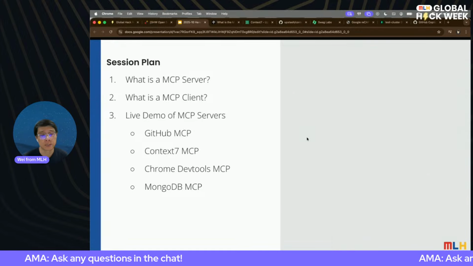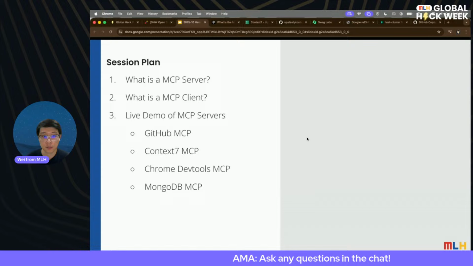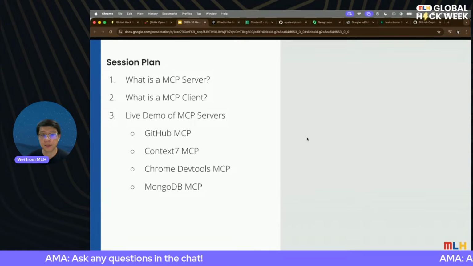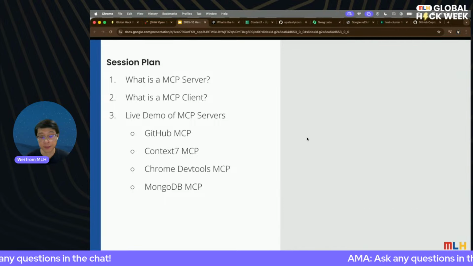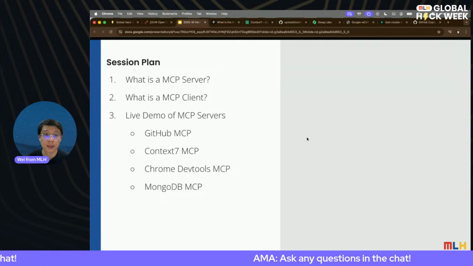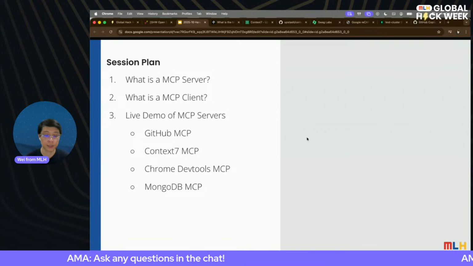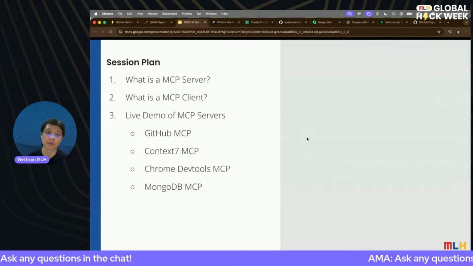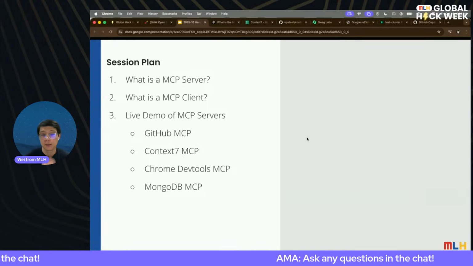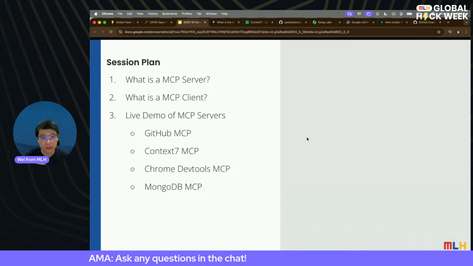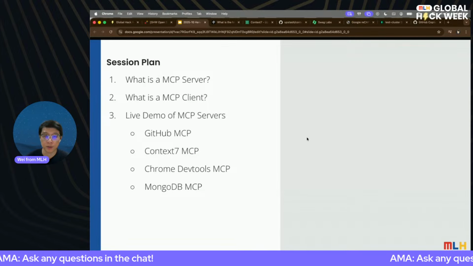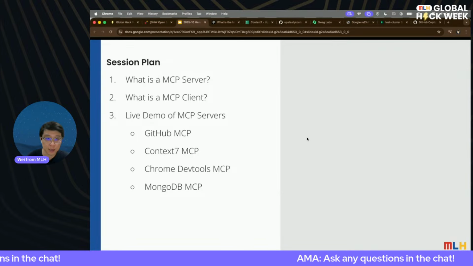Things like GitHub MCP, we used it to create a gist, we used it to fetch data, fetch projects, things like that. We used Context 7 MCP to ask about documentation, about code snippets, about common popular libraries, and about documentation in general. We then tried out the Chrome DevTools MCP. Using Chrome DevTools MCP, we're able to spin up a Chrome browser. We tried quite a few different things there,